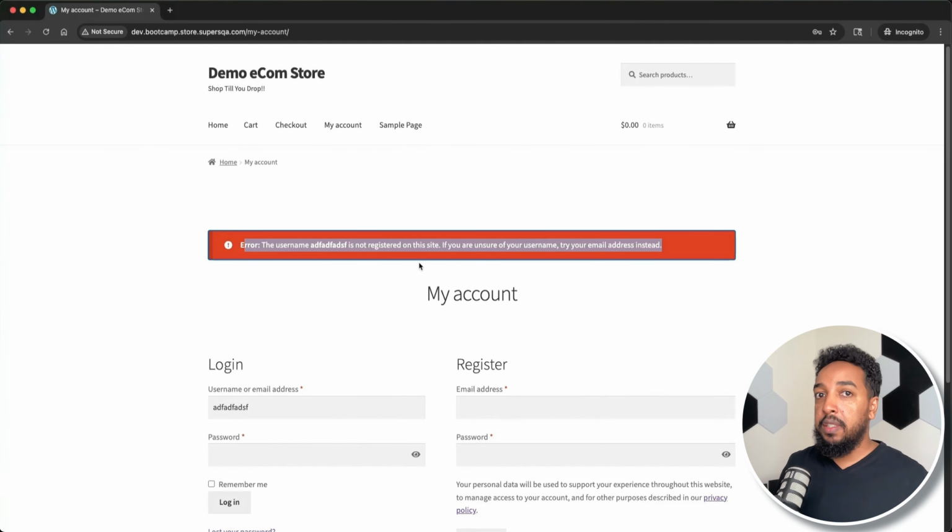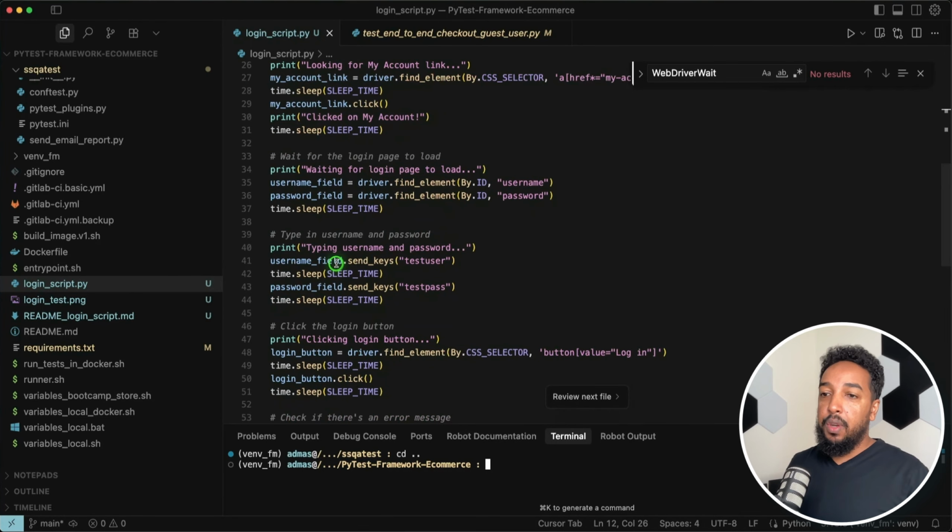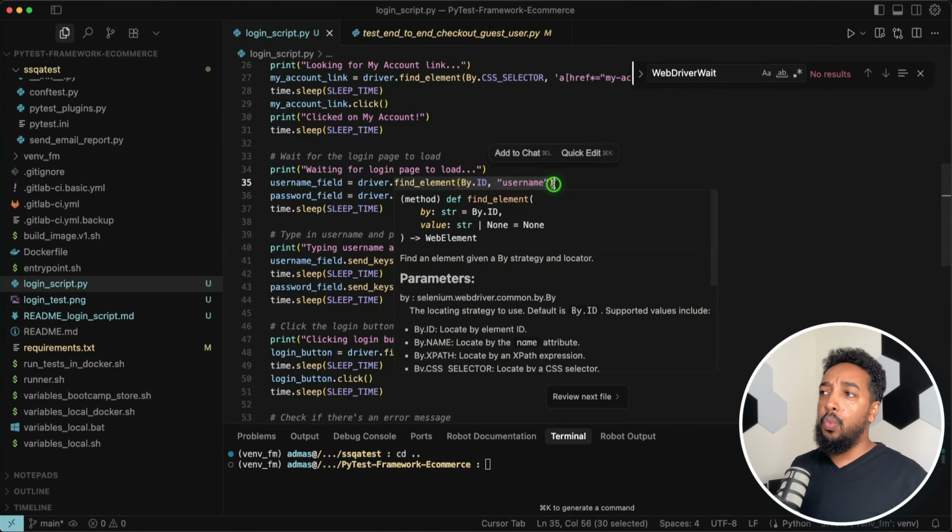Now, how does this work in Selenium? In Selenium, you write a Python script that uses Selenium. So here, this is a Python script, right? Once you learn how to use Python, you understand how to do this, but this part is very specific to Selenium. When we see find element, this is a Selenium thing, but if you know Python, you know this is a function. You just don't know what this function does because it's a Selenium function, but it's a Python function. You know it's calling something, you just don't know what that means until you learn Selenium.